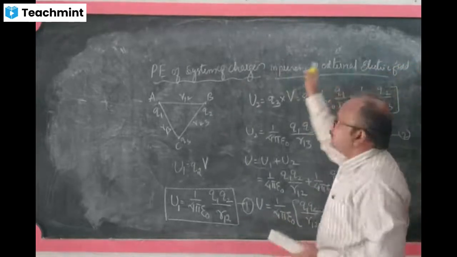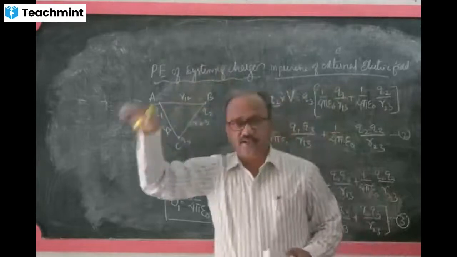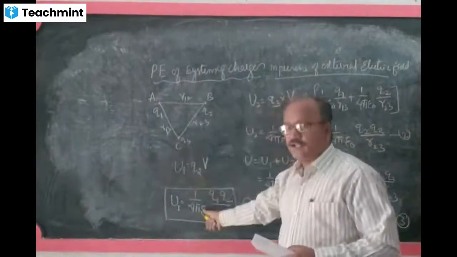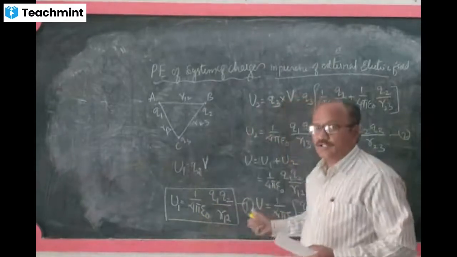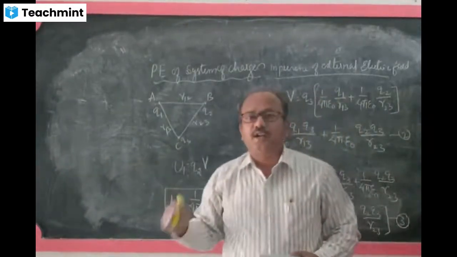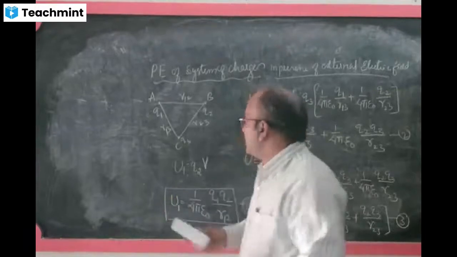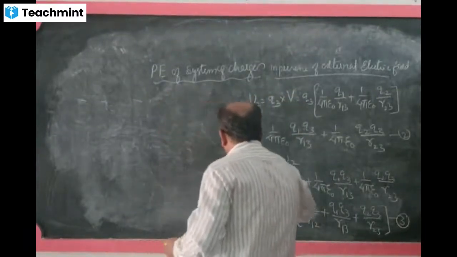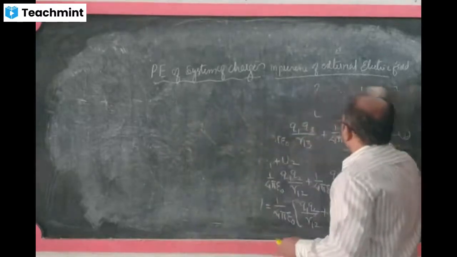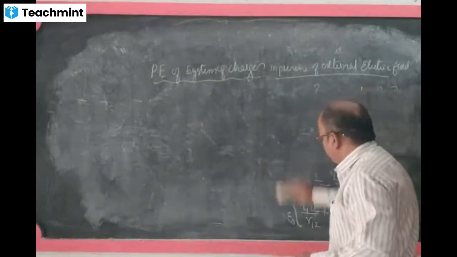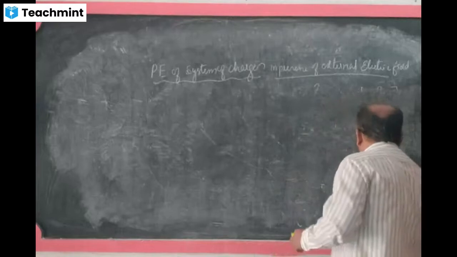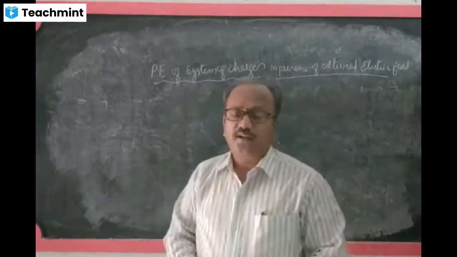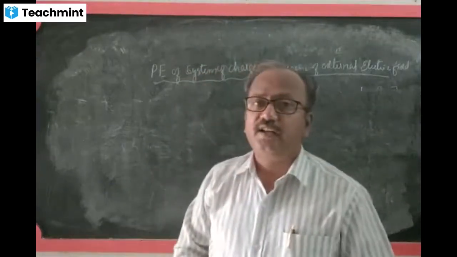Up to here, all the discussion we did was the potential energy of a system of charges in absence of external electric field. So let us take, if the system of charges has only two charges, then what is the potential energy when external electric field is present?